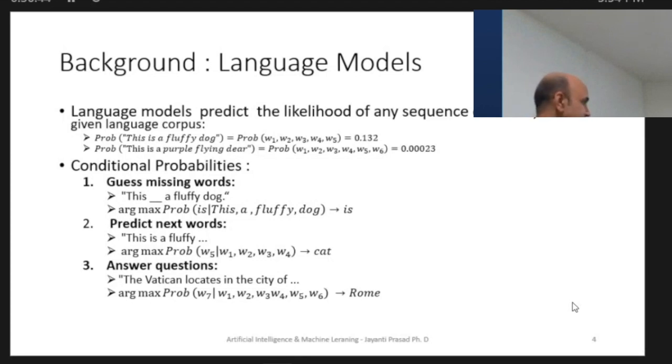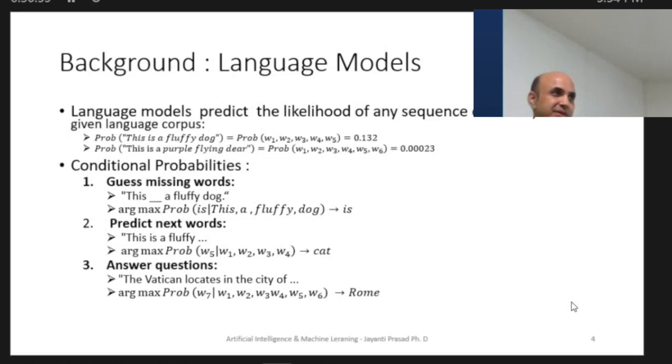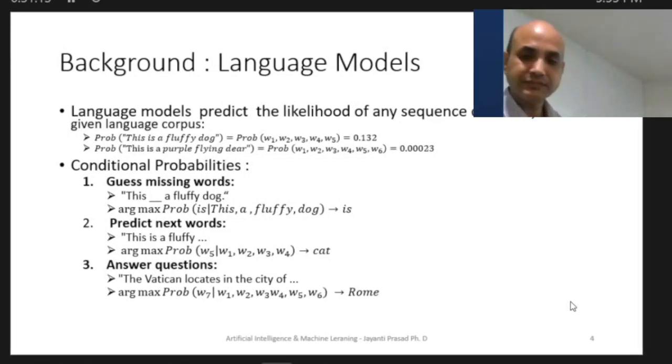And predict next word is under this task. Again, we can maximize that, and answer questions is also that. So basically, we are trying to maximize this conditional probability, and it fits perfectly well. If you have some background of maximum likelihood estimation and Bayesian formulas, then these things would be easy to follow, because this Bayesian formula and Bayesian model sit at the heart of all these machine learning models.